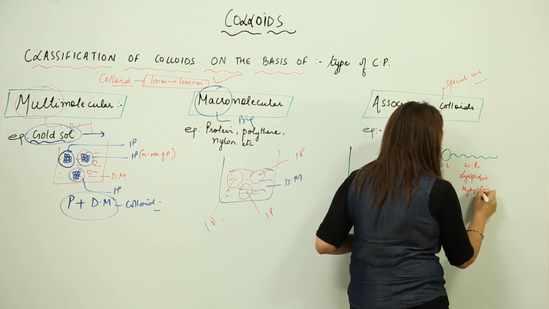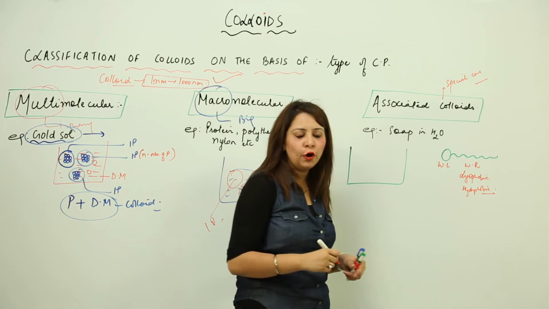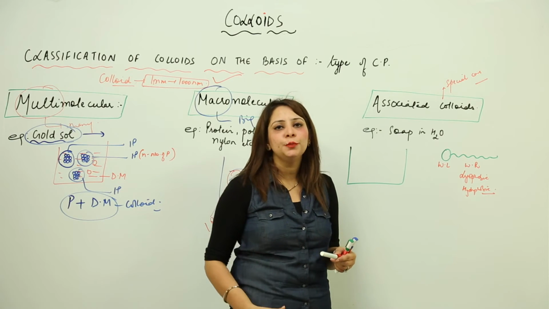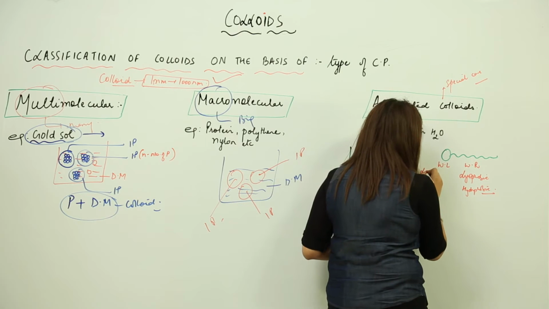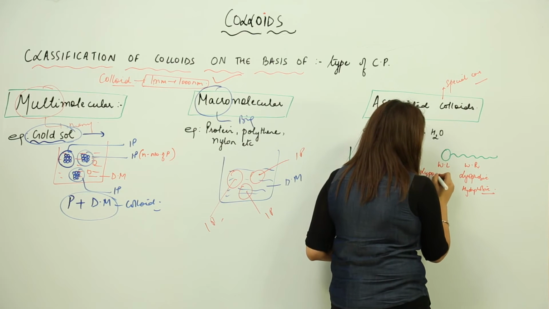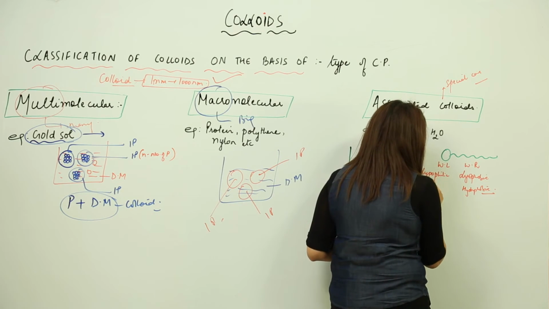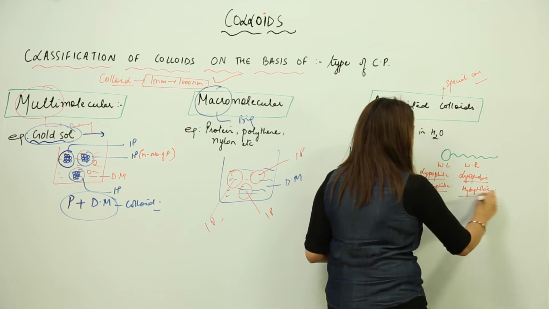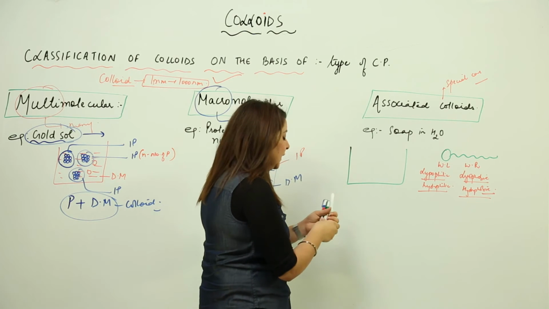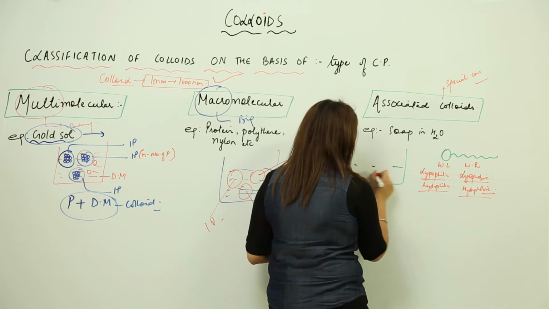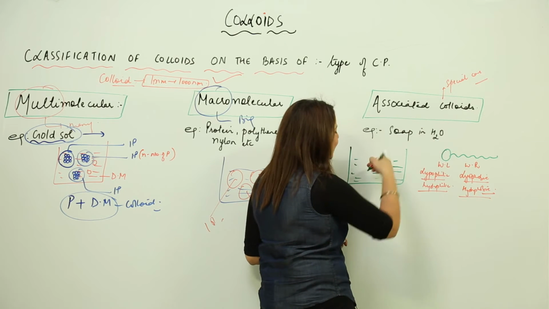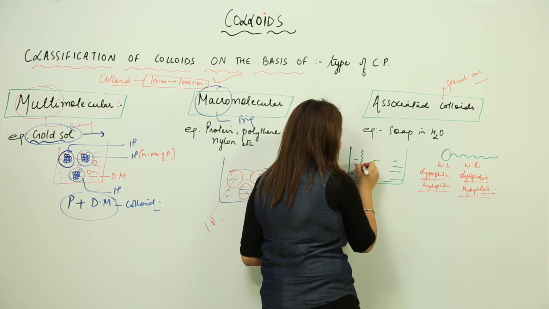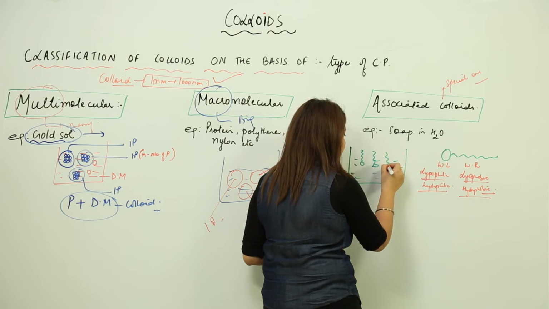When I am generally talking about water, it is called hydrophobic, but when I am talking about any dispersion medium, it means lyophobic. And the head portion is lyophilic, or if water is the dispersion medium, then it is called hydrophilic. So what happens, like we have water or you can say any dispersion medium. Initially when we add these particles into it, they get arranged in water like this, right.